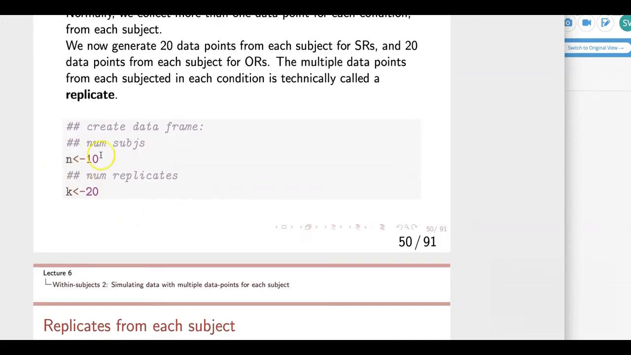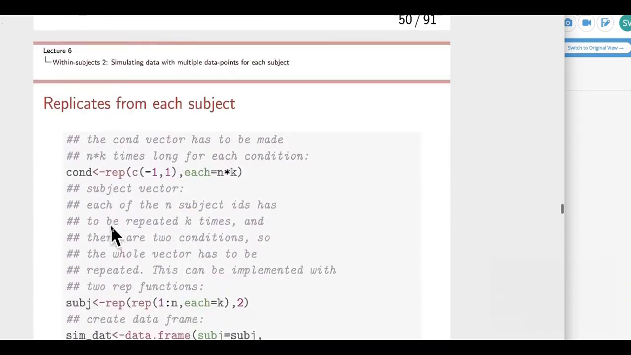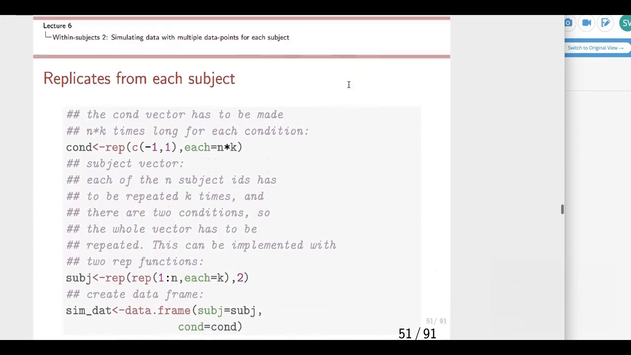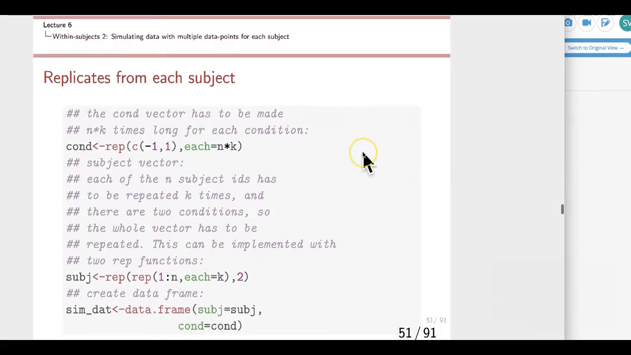We're going to define the number of subjects, n is equal to 10, and then the number of replicates, k. In this case I've taken 20. You could take whatever number is reasonable for you in your context. And here again what I'm doing is I'm setting up the conditions vector as a sum coded vector, and this time I'm going to have